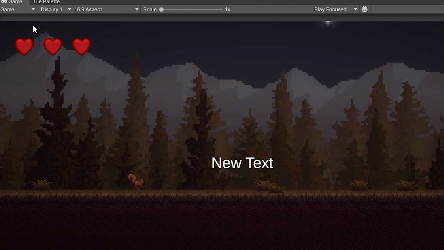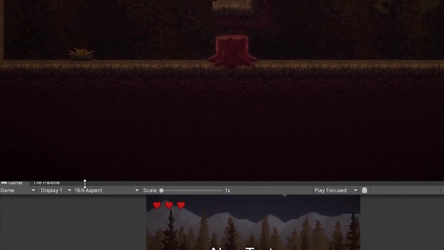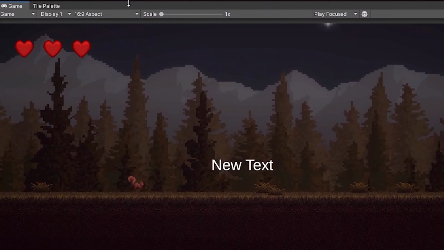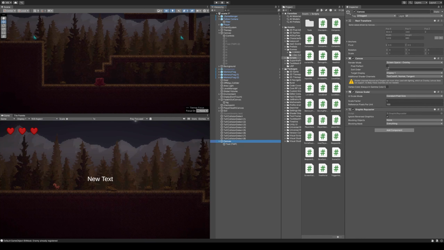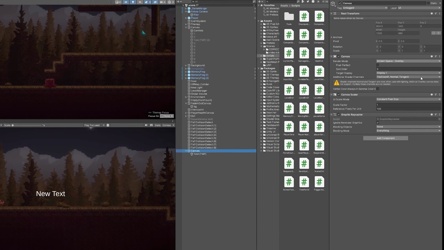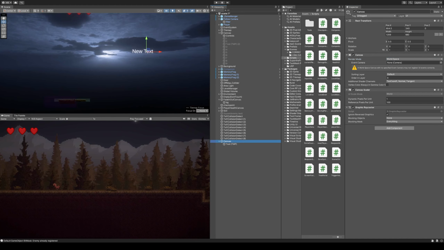So it depends on how you want to do it. You can do it however you want, but you can see the text here moves a bit weird. That is because it is an overlay, right? With this canvas, I just did a world space because for me that's how I set up this system. So I'd recommend you do this too if you want it to work. You can see you have 3 options here. You do world space,